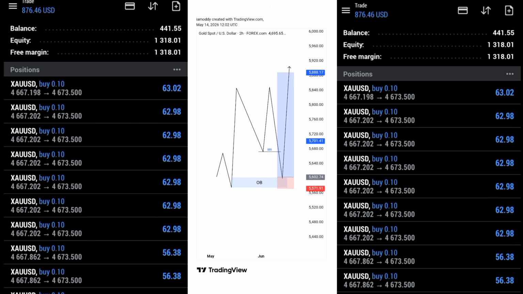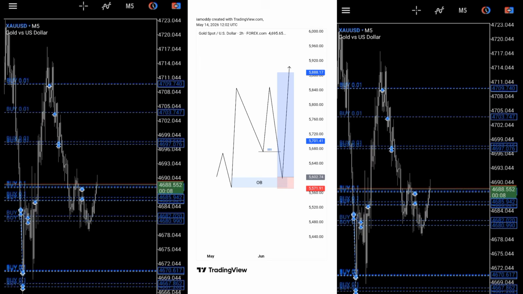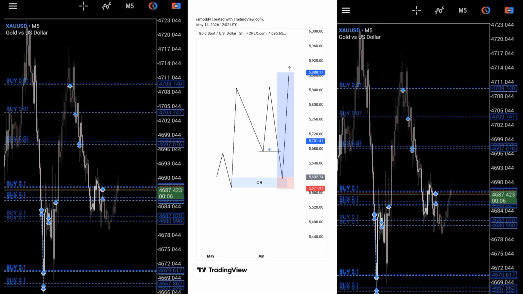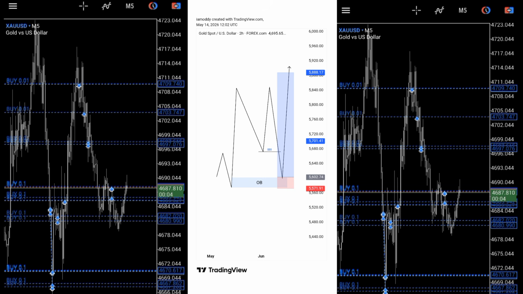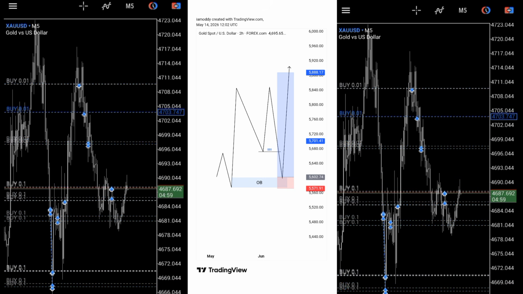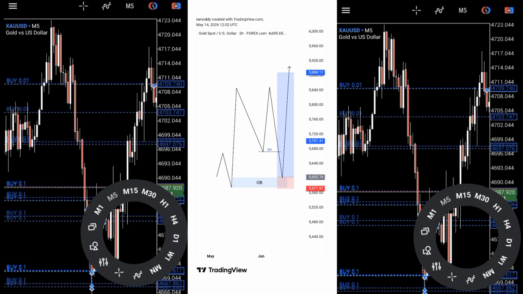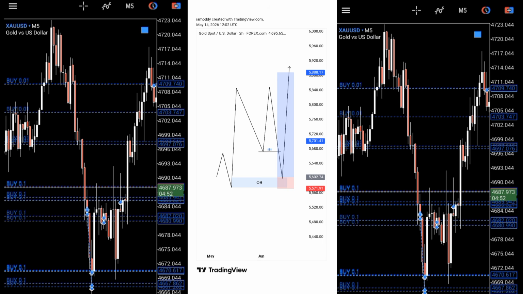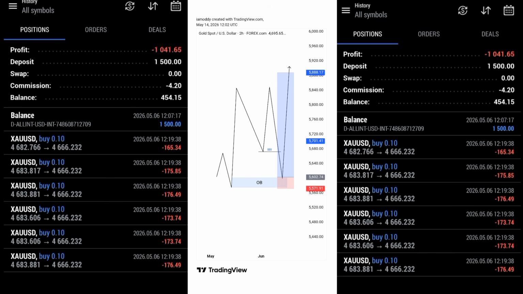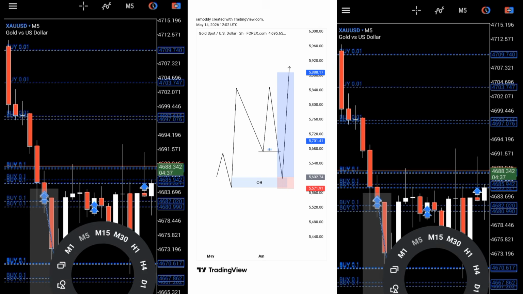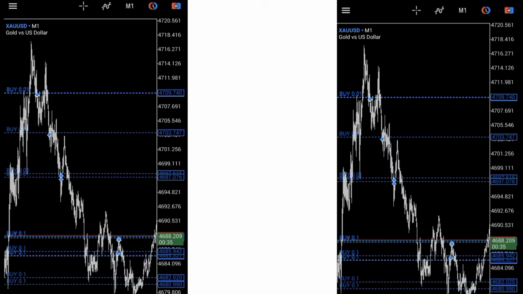Apologies for not recording this on time, but we got into the trade and this is the result. So guys, you can see that this is not a $400 account, it was a $1,500 account, but I lost like $1,000 plus because I took a trade on the wrong order block. You can see that I lost the trade, and so I had to re-enter so quickly, and it happened so rapidly.